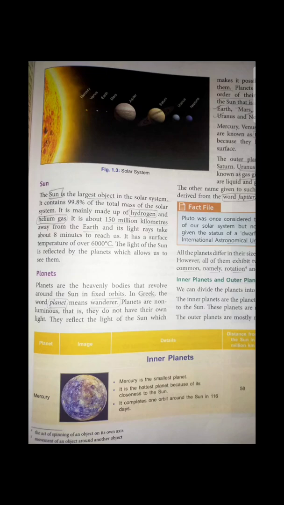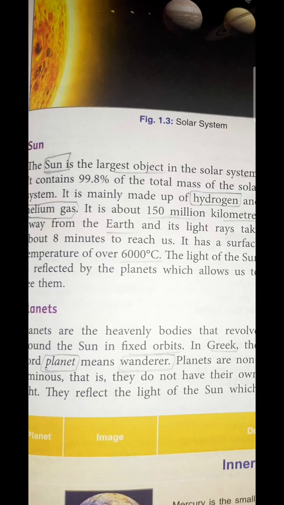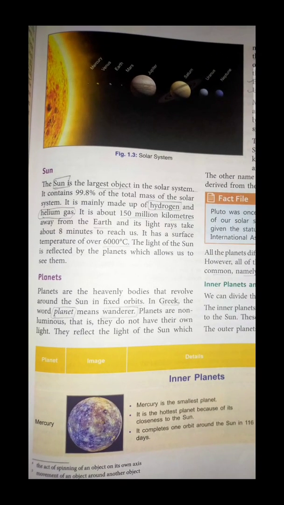The light of the sun is reflected by the planets, which allows us to see them. The sun is a very hot star, one of the hottest in the universe, so you can understand how hot it is. It is made up of hydrogen and helium gases, the temperature is around 6000 degrees Celsius, and it takes around 8 minutes for the light of the sun to reach the